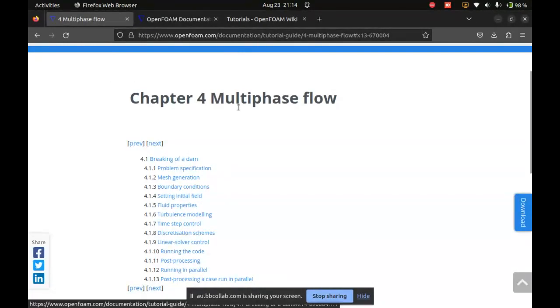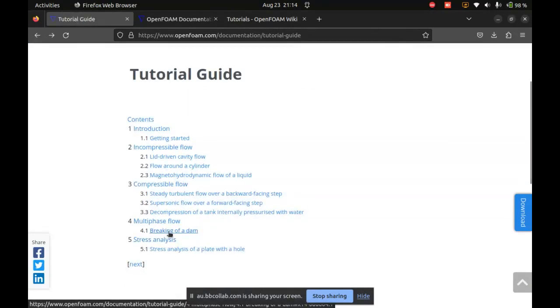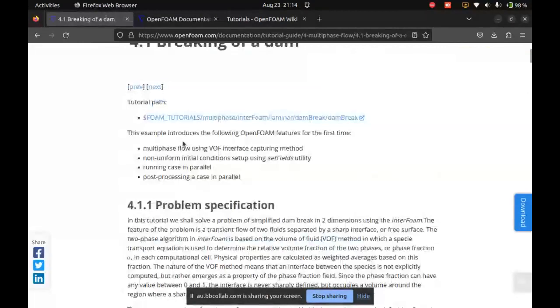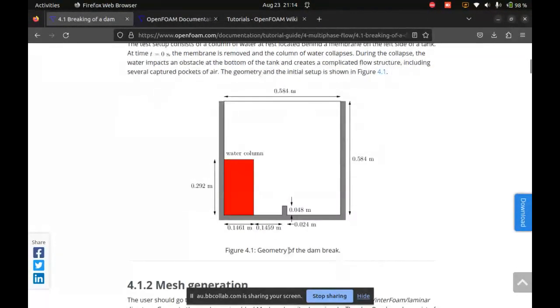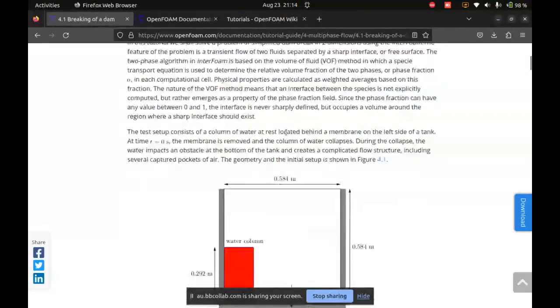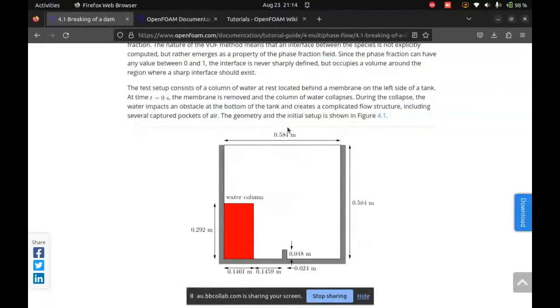If we click on multi-phase flow, breaking of a dam in the tutorial guide, we will be solving this: a water column in a 0.5 meter box, and the water column gets released and sloshes over the object. Right, so it looks pretty cool, and it allows me to show off OpenFOAM. Now that you have OpenFOAM installed on your PC,